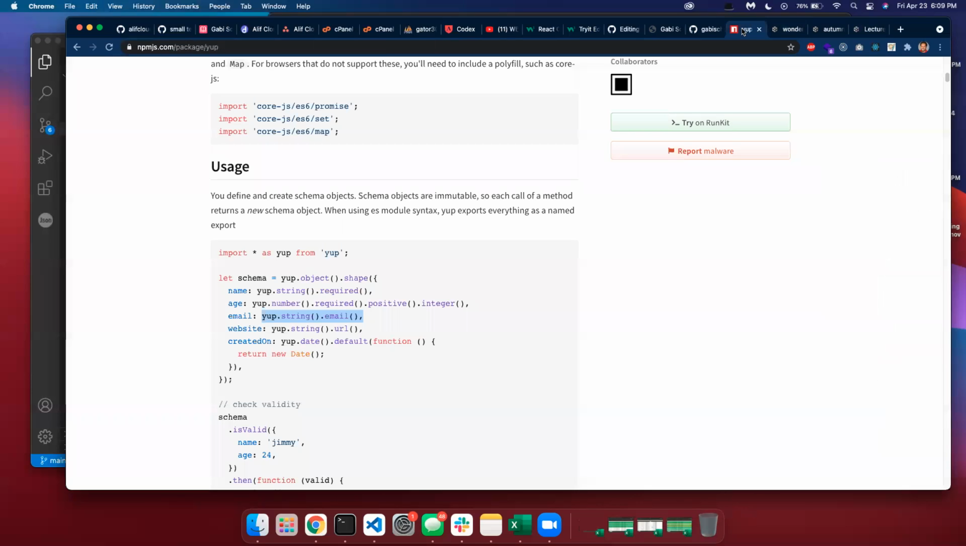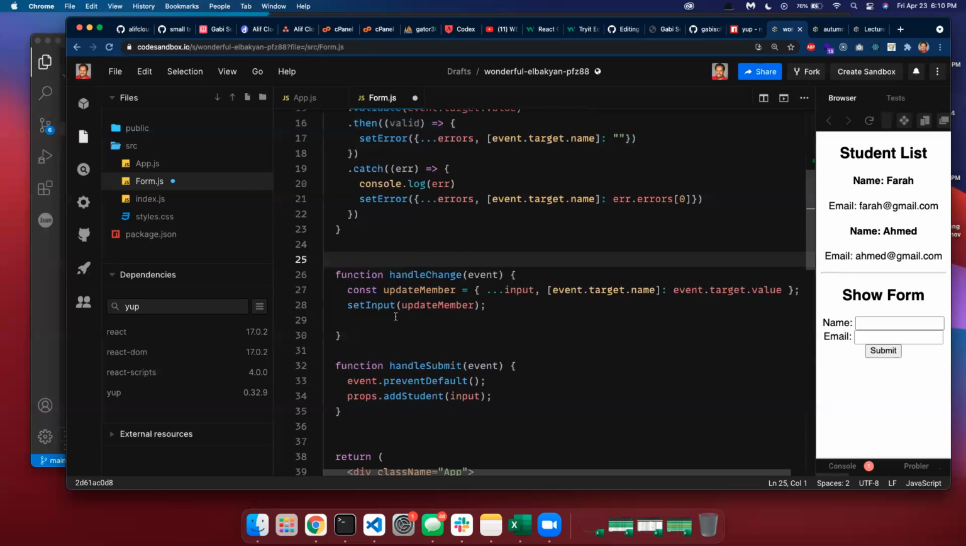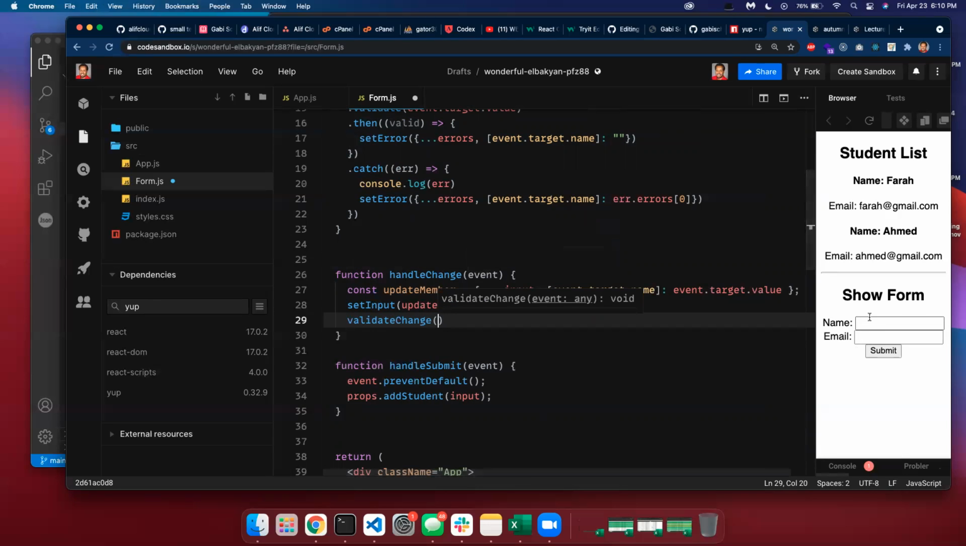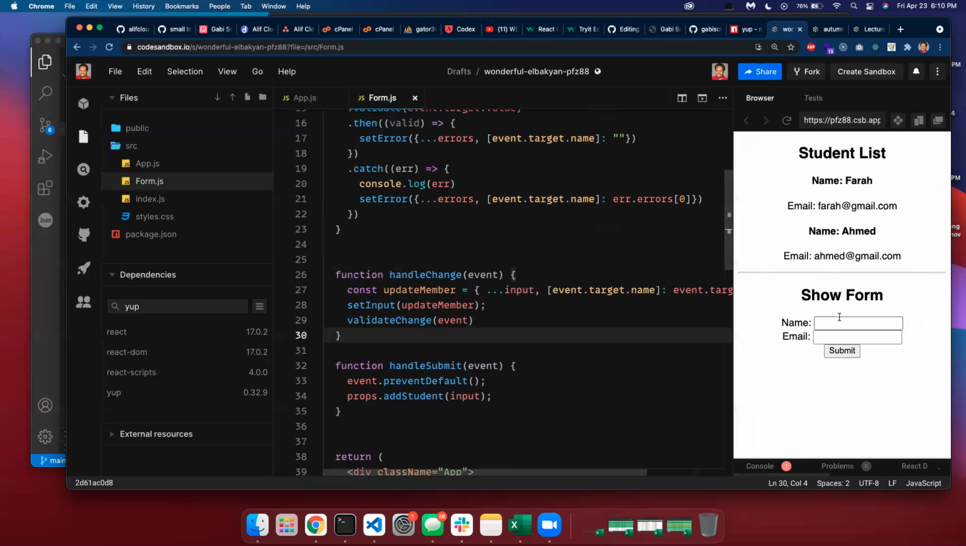So it's the same idea. Okay, then we just put the validate here as a function, and then we pass the event, which is event, meaning whichever box we are in. So it's either name or email. Okay, so but now it will still not work because